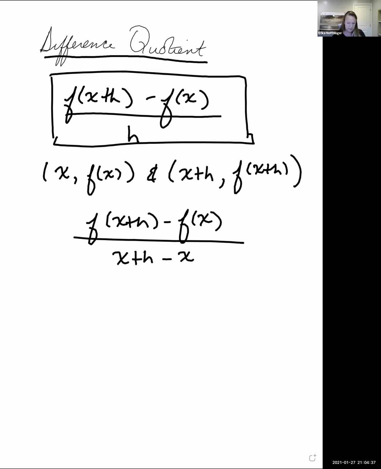So the example that we were doing was we were given that f of x was equal to the function 1 over x. And it asked us to find the difference quotient. And so plugging this in, our f of x function is 1 over x. And if we looked at f of x plus h,